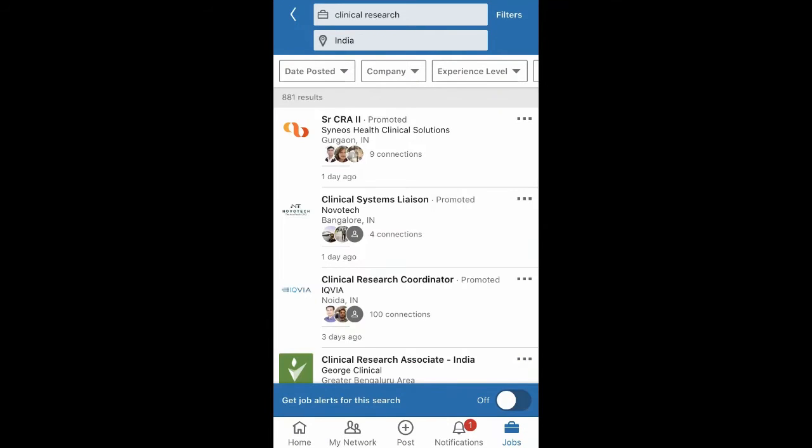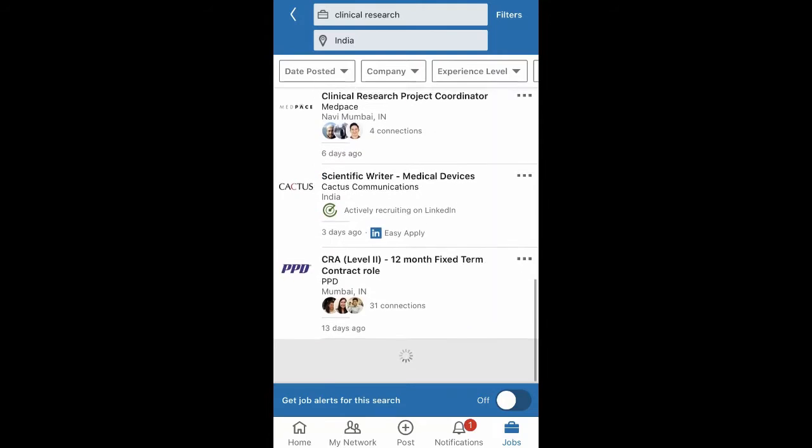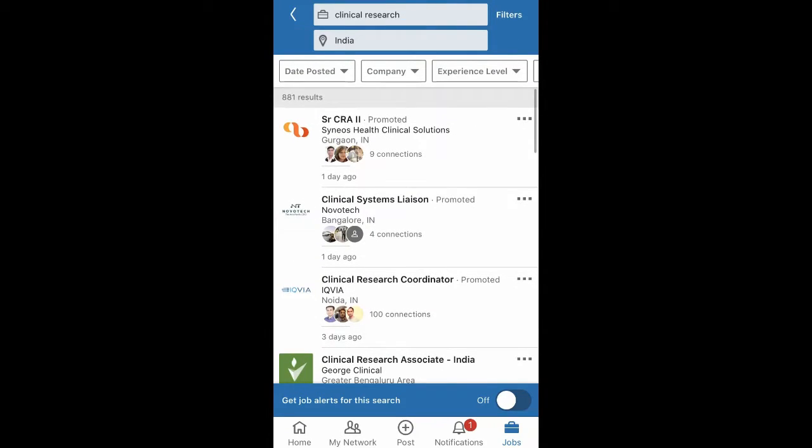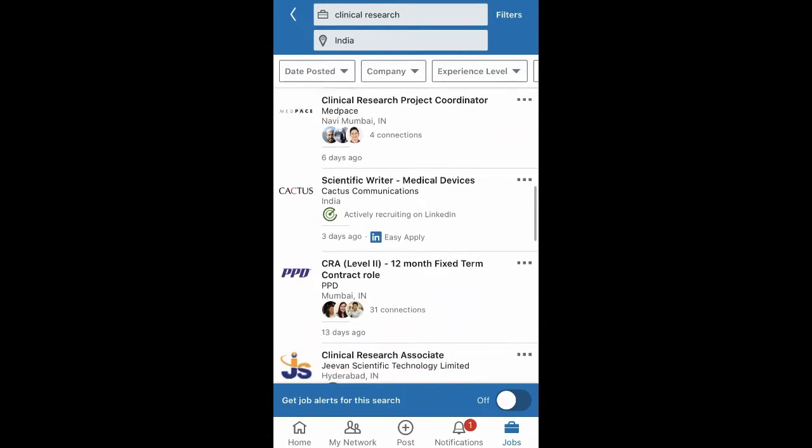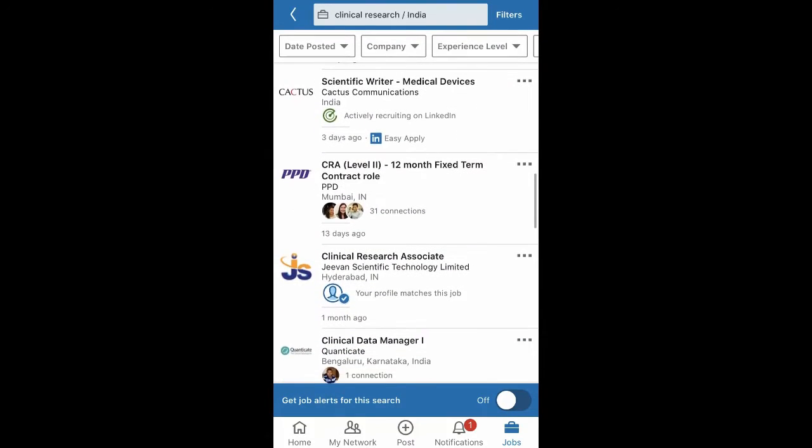Okay, so here it will list all of the jobs which are available. In total, 881 clinical research jobs are available in India. Now, it might happen that these jobs require a lot of experience, or something which you can't understand about what this job particularly requires.